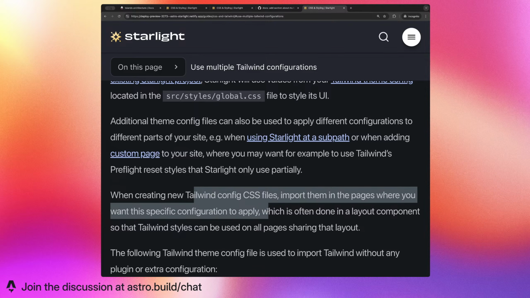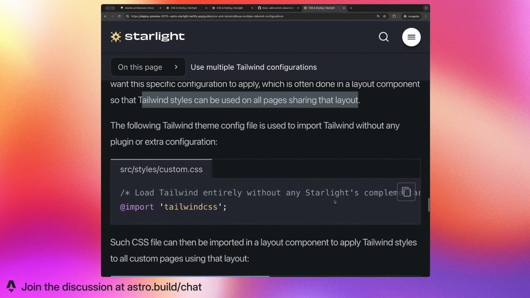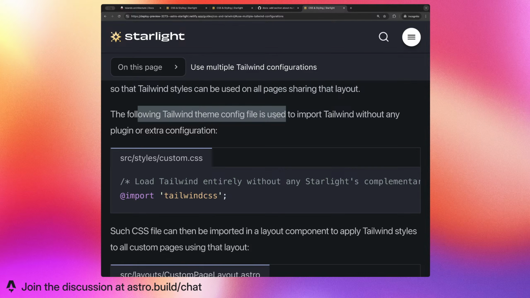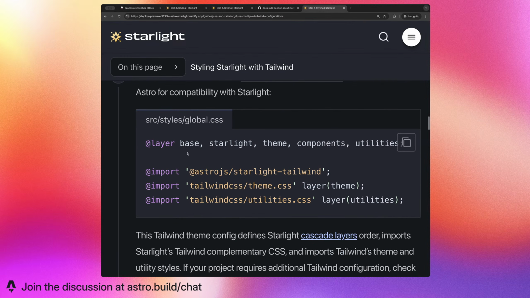And this is a sentence borrowed from the Astro docs, which is that in Astro this is often done in a layout component, so that the Tailwind style can be used on all pages sharing that layout. And then there is a small example. This is a new CSS file, which will be a configuration file for Tailwind, where we just import Tailwind, which loads everything, and we do not load anything related to Starlight. So this is totally different from the example we had before, where we were defining some layer order, importing some Starlight CSS, and only loading specific parts of